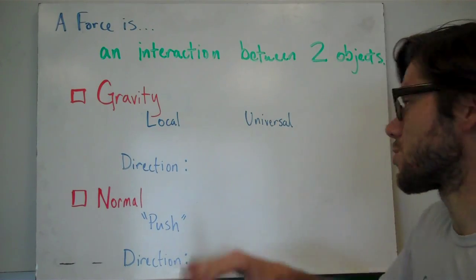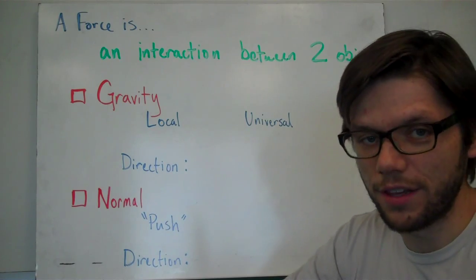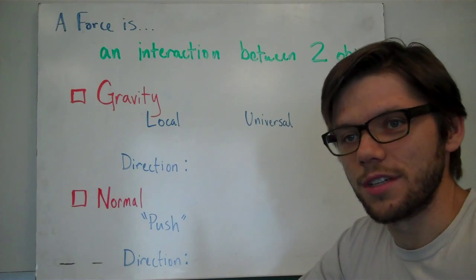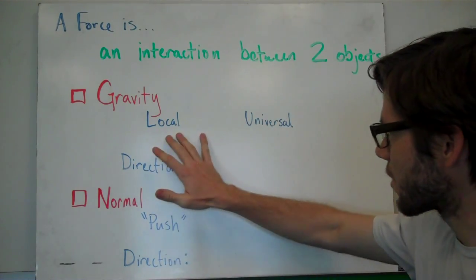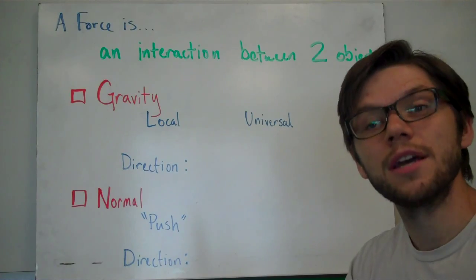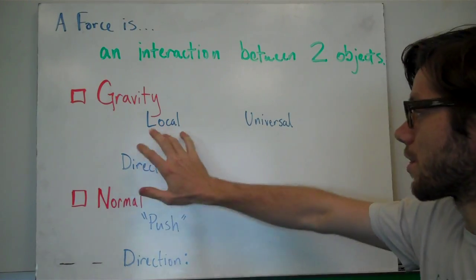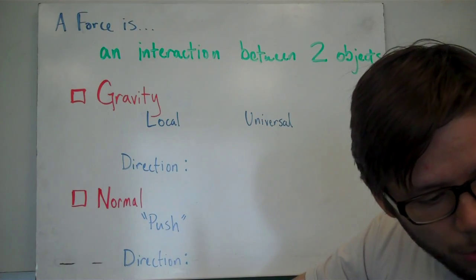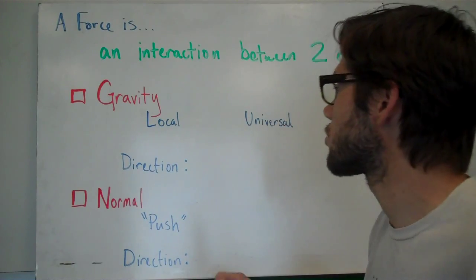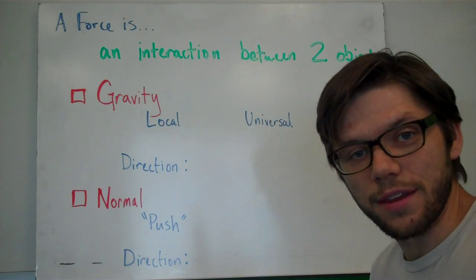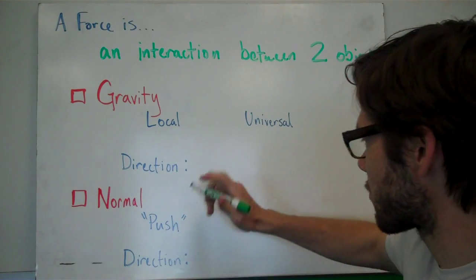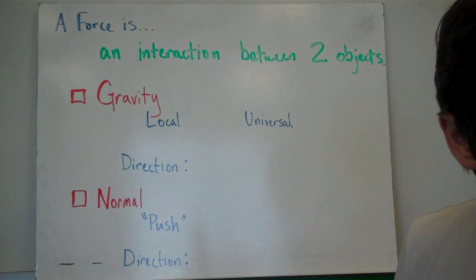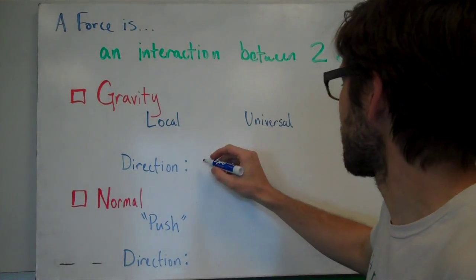And later in the course, we're going to talk about universal gravity, the kind of gravity that, as we read about in Neil deGrasse Tyson's ballistic chapter, governs the orbits of planets. So there's two types of gravity, but they're not different types. They're two ways of thinking about gravity. We're going to think about it primarily, to begin with, as local. And it is a pull between two objects. We're going to think mostly right now about a very large object like the Earth pulling on us. And that gives us right now a direction for gravity that we can define as being towards the center of the Earth. So we could say here,